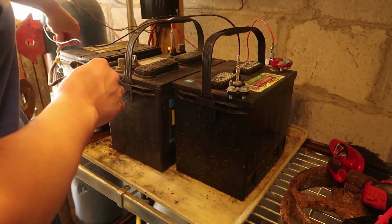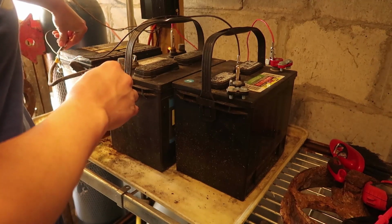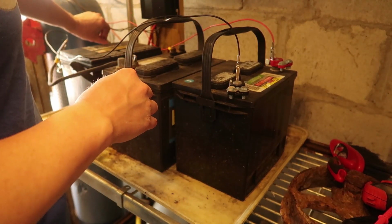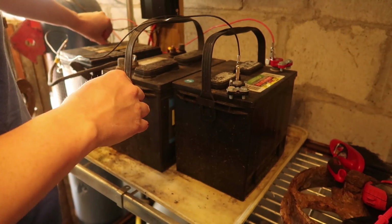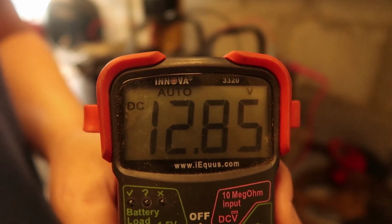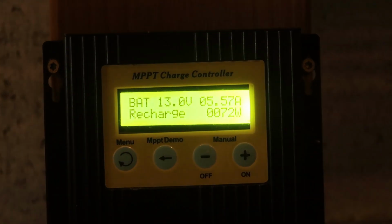I quickly connect up the last battery pack with alligator clips, just because this is probably going to be the battery pack I'll grab in case I need to jumpstart my neighbor's car or our car, and so I want something that'll be quick, not something I have to unbolt. The battery voltage rises very quickly, just in a matter of moments, and the panels are now providing 72 watts